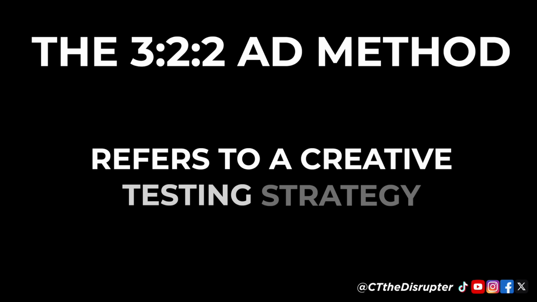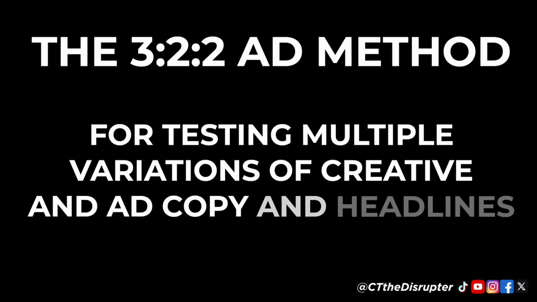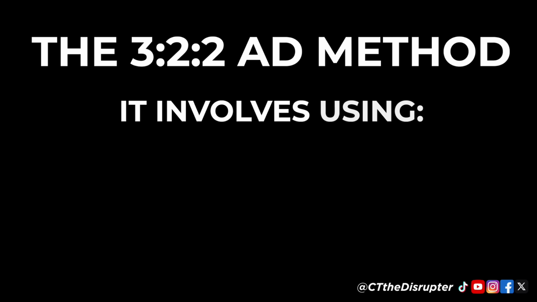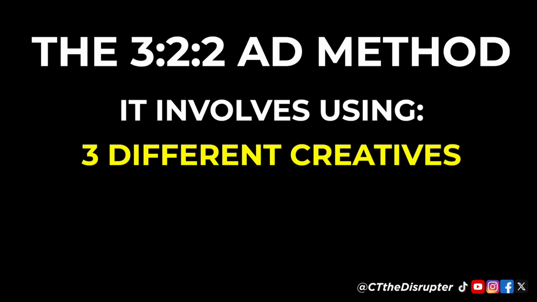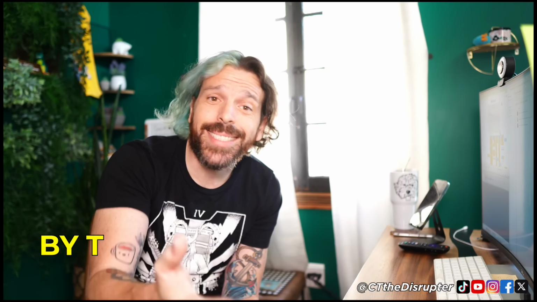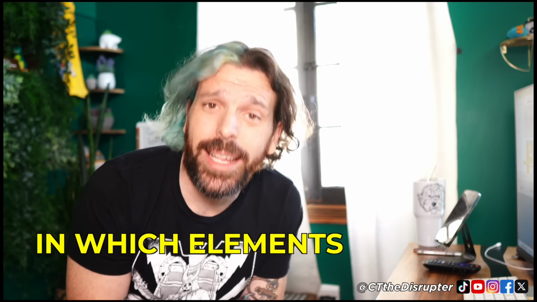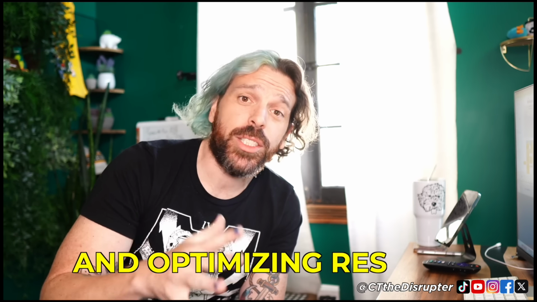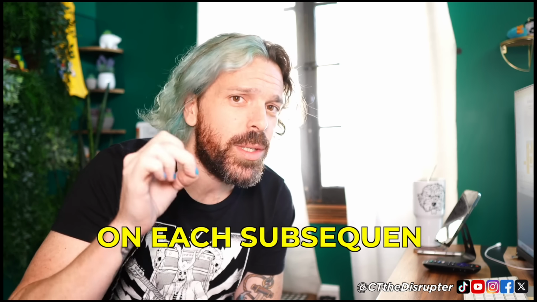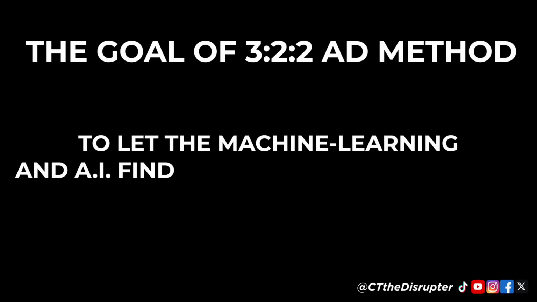The 322 ad method refers to a creative testing strategy for testing multiple variations of creative and ad copy and headlines. It involves using 3 different creatives, 2 primary texts, and 2 headlines. By testing these different combinations, Facebook can gather data on which elements perform best and optimize the results on each subsequent impression delivered. The goal of the 322 method is to let the machine learning and AI find the winning